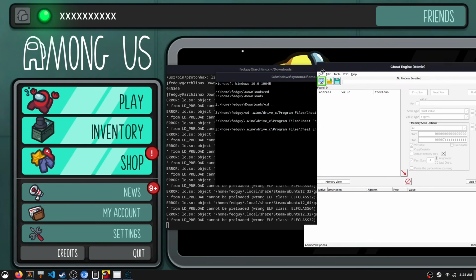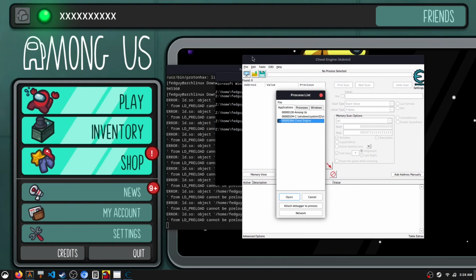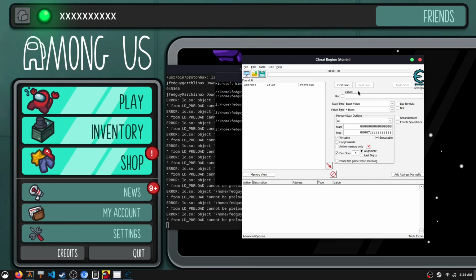It should open the Cheat Engine window. And as you can see in the process list, it's right here at the top. Select it, and you can type in your values, and you should have no issues modding the game now. Anyways, yeah,